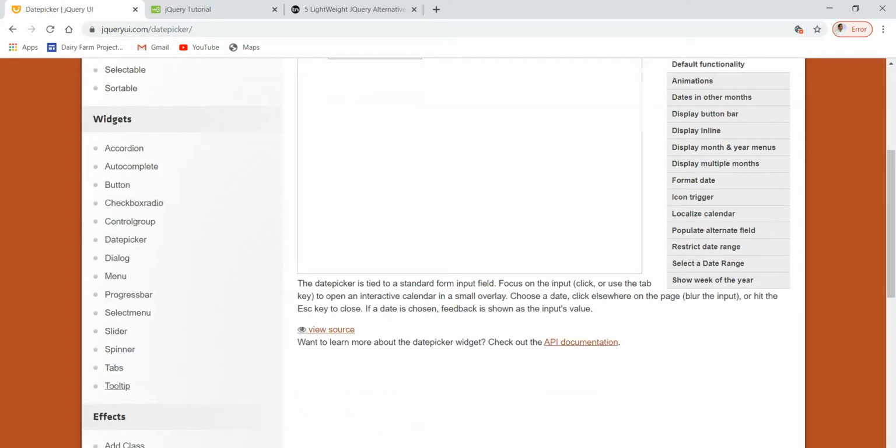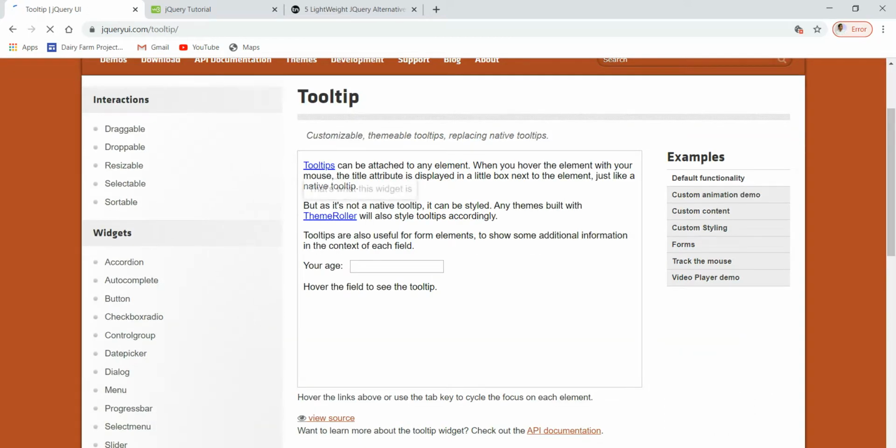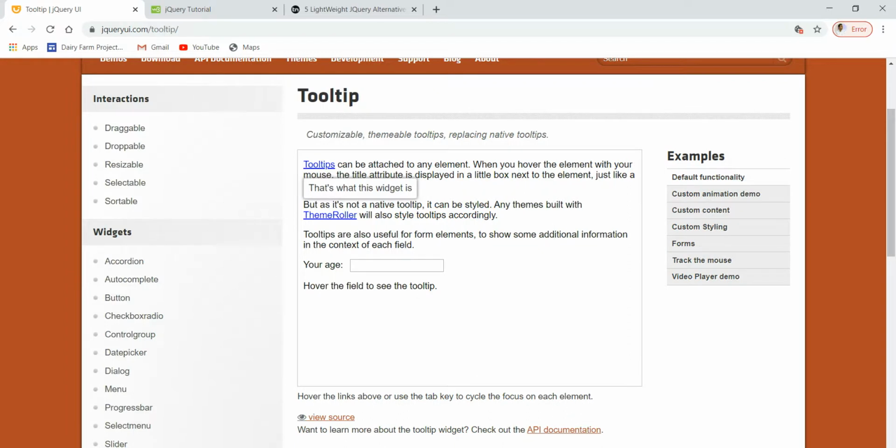Similarly, you can use the tooltips concept. Tooltips you already know from HTML, where we have done this.